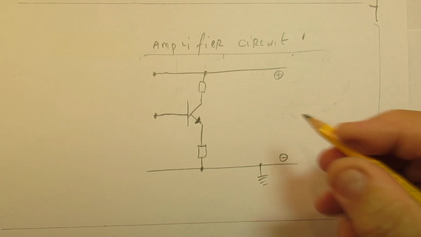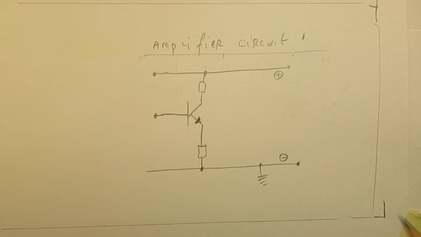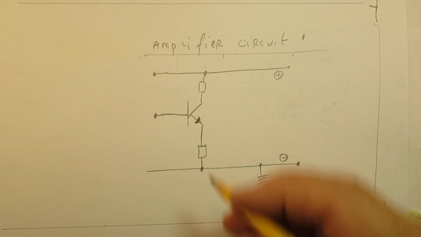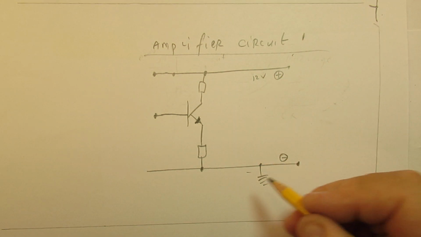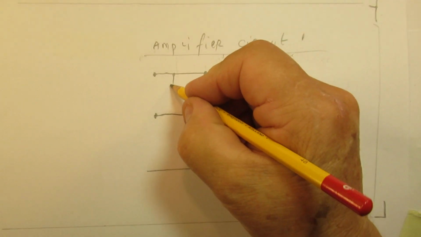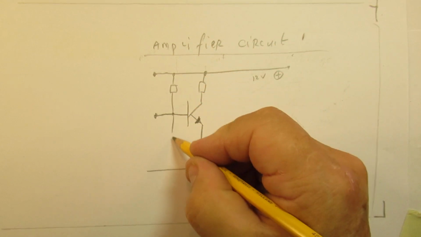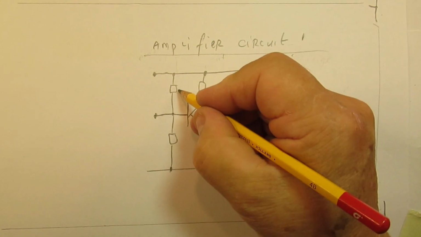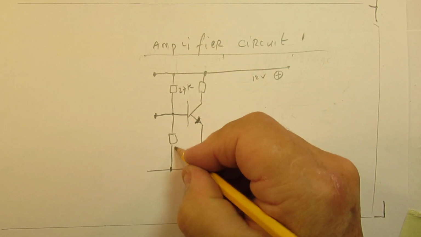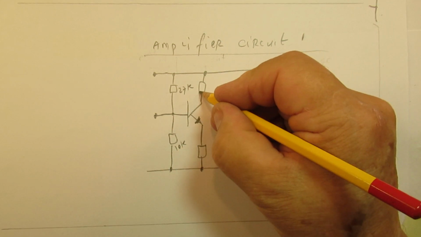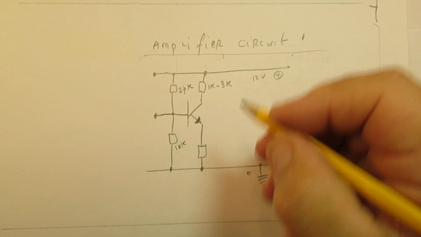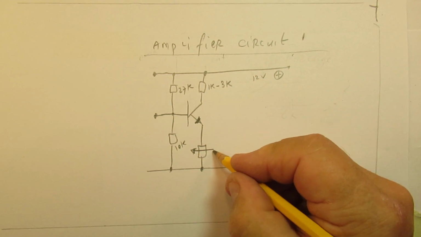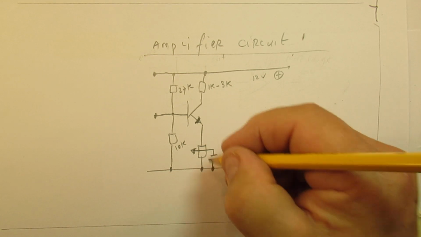Often this is on ground, not always, but anyway, I'm talking about an amplifier circuit now. Good values, 12 volt here, here 0 or anyway, here 27k, 10k, 1k up to 3k, and here a 1k,